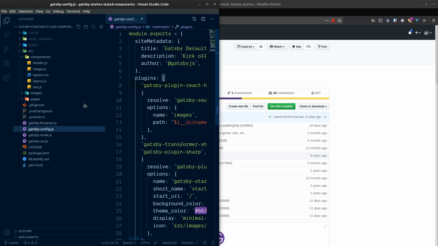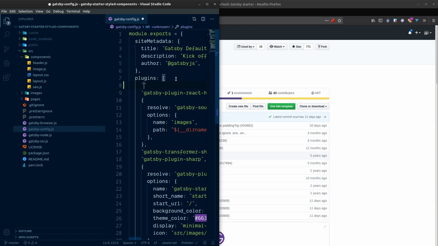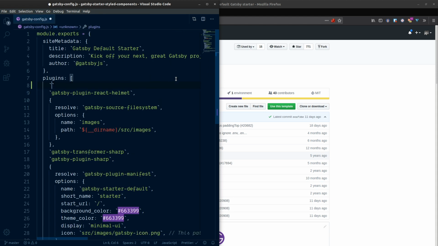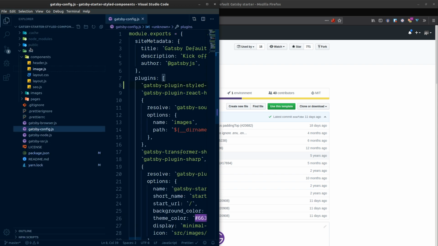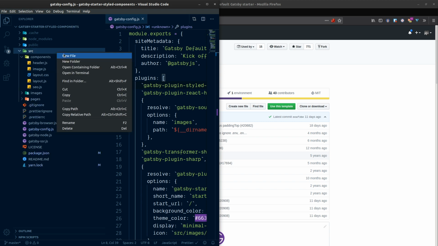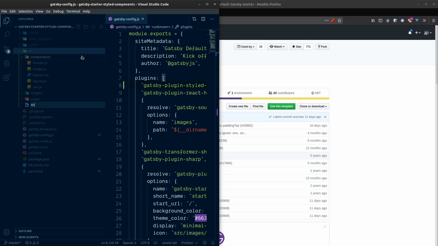Let's paste the plugin in there in the Gatsby config and save that. That's all the configuration done for that. I'm going to make a new file in a new directory. I'm going to call that, to create a directory, and global style